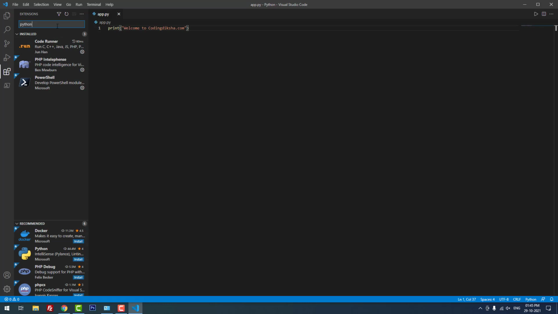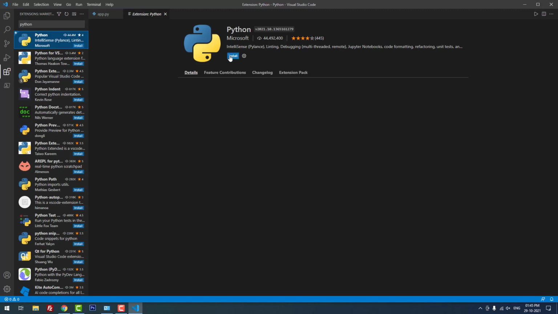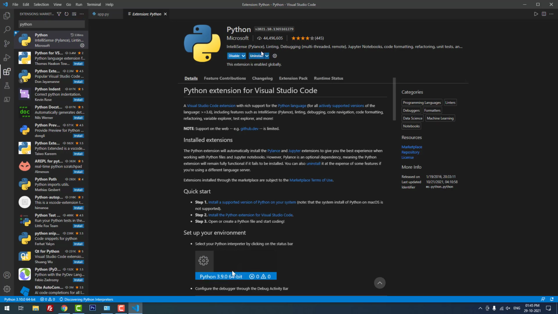The third method is you have to install an extension called Python, which is very useful for Python developers. Now I am going to install the Python extension. Actually it will automatically align your Python code. Then it is used for IntelliSense, linting, debugging, etc. So I suggest everyone to install the Python extension. It is installing, please wait. Yeah, it is successfully installed.